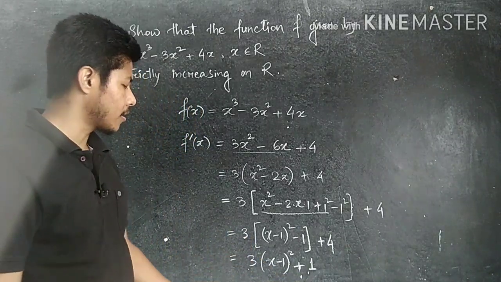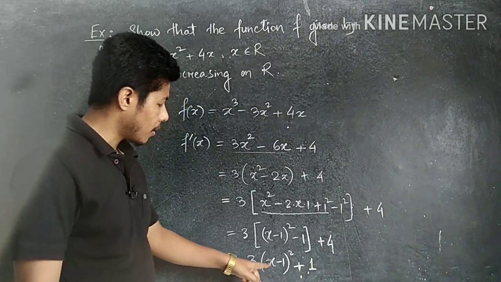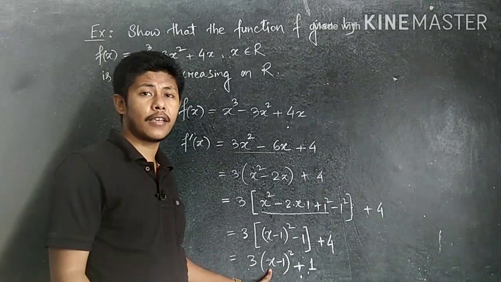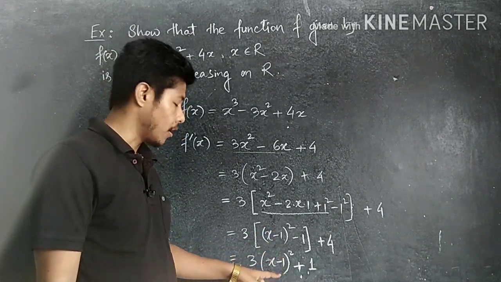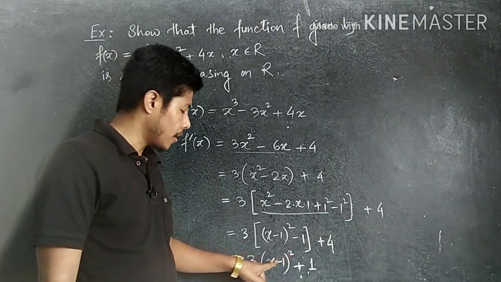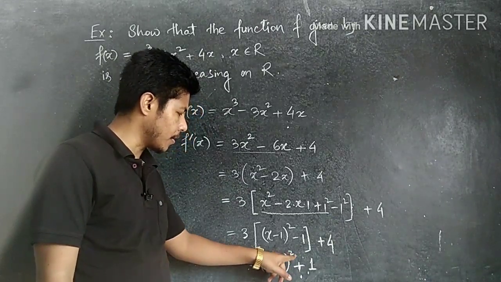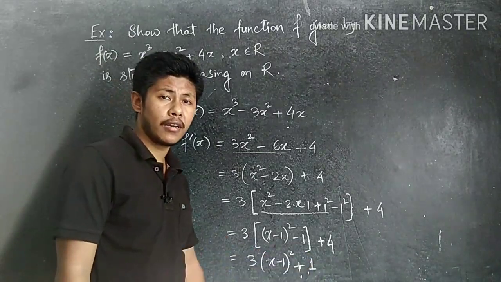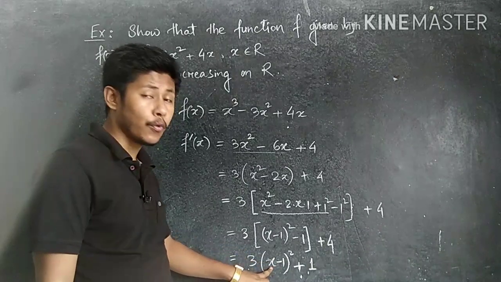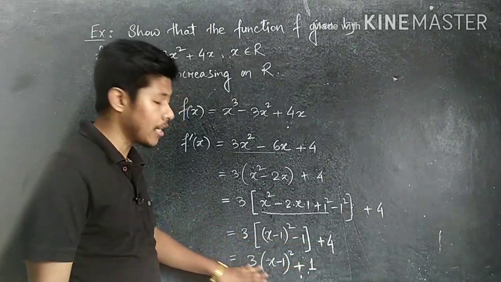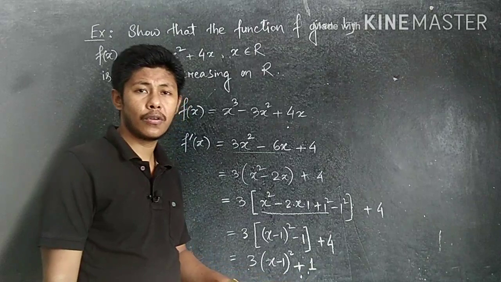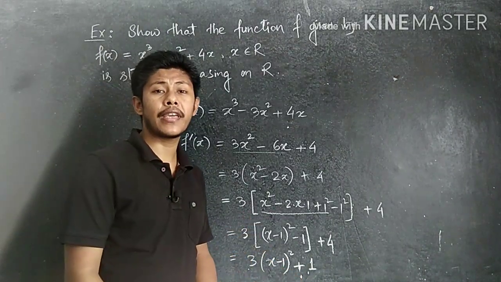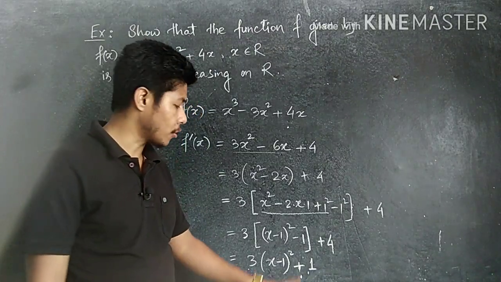So now in this case you see, if any value, whether it is positive or negative, if you put any value here, the result is what? Square. If this whole value is negative, this square converts this one into a positive value, and with this plus 1 is there. So if any value we put in place of x, the whole result is what? Not 0 here because plus 1 is there. So obviously the value we get here is greater than 0 because plus 1 is there.